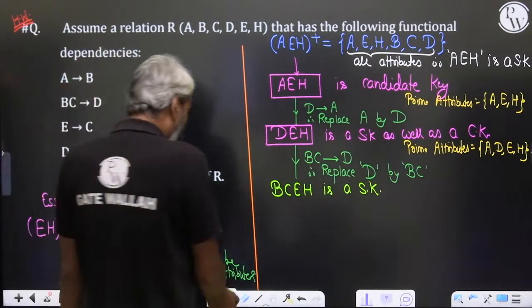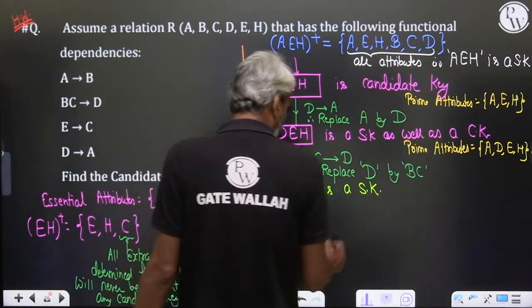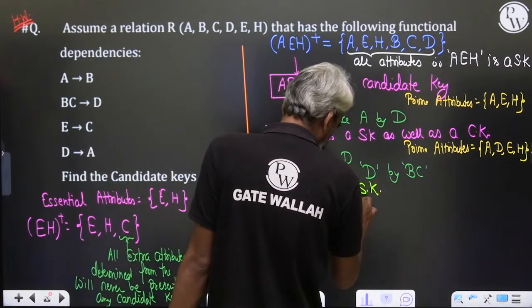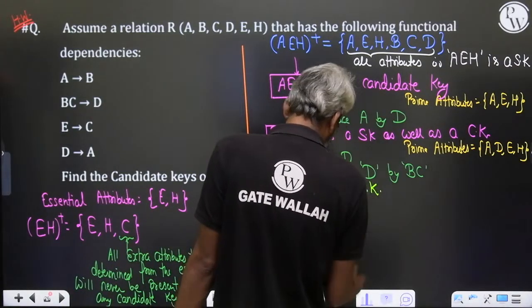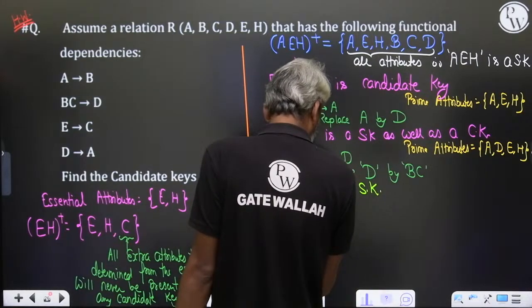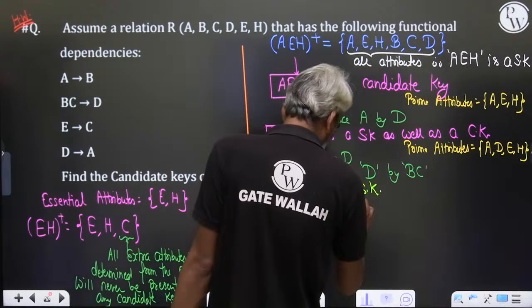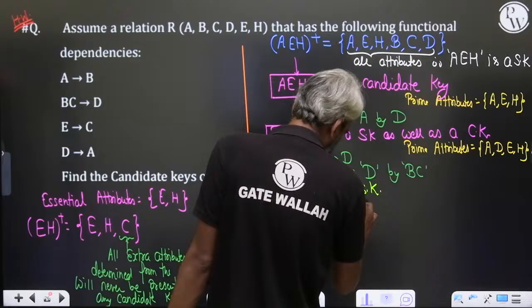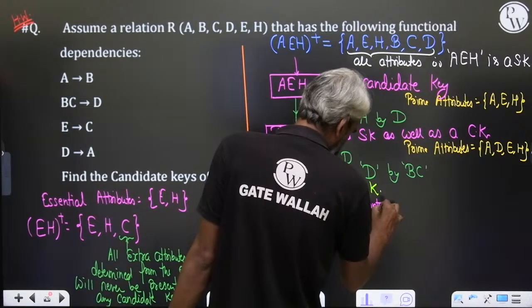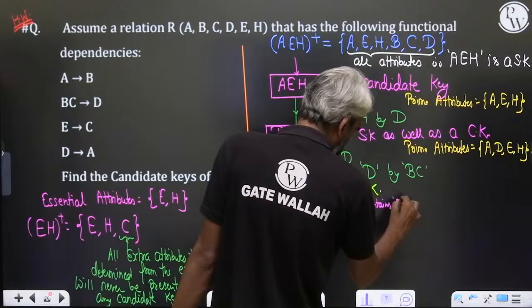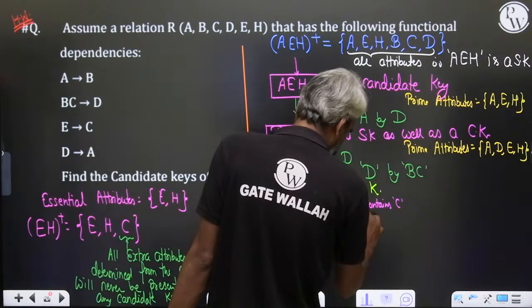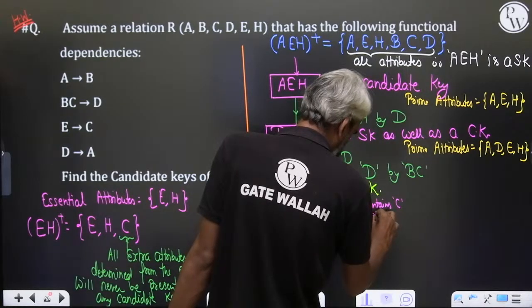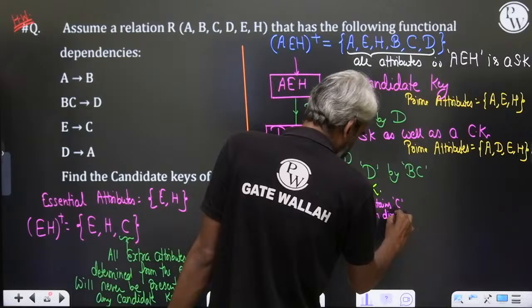Yes or no? But EH closure contains C. Therefore, we can directly